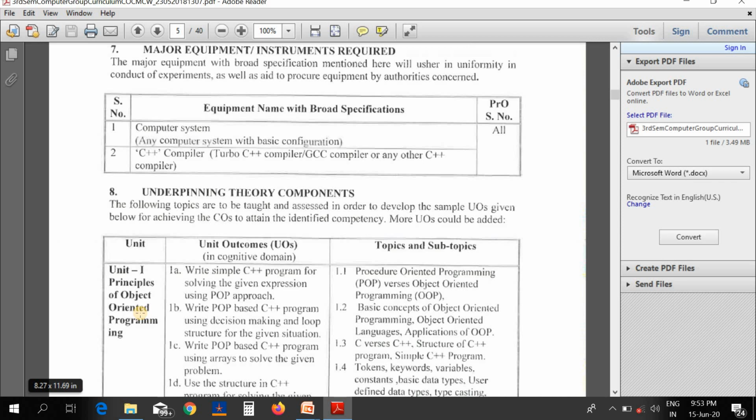Programming refers to the method of creating a sequence of instructions to enable the computer to perform a particular task. It is done by developing logic and then writing instructions in a programming language. In short, a programming language is a language used to write computer programs. But computer programs are written in two ways: by using the procedure-oriented approach or by using the object-oriented programming approach.